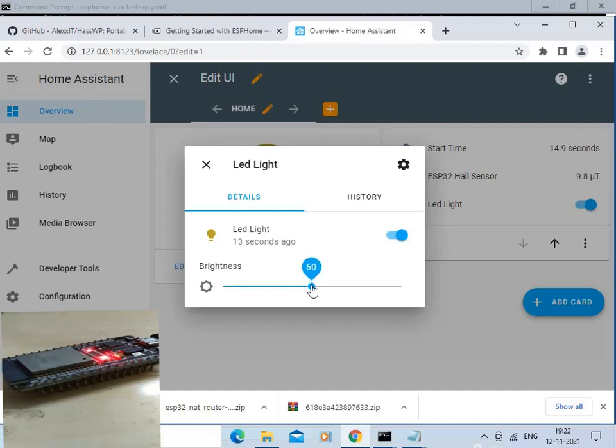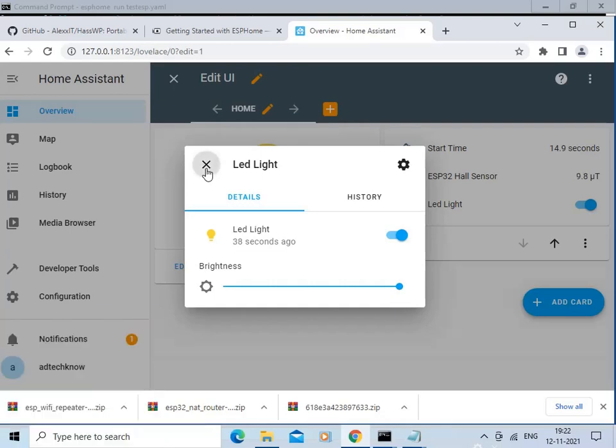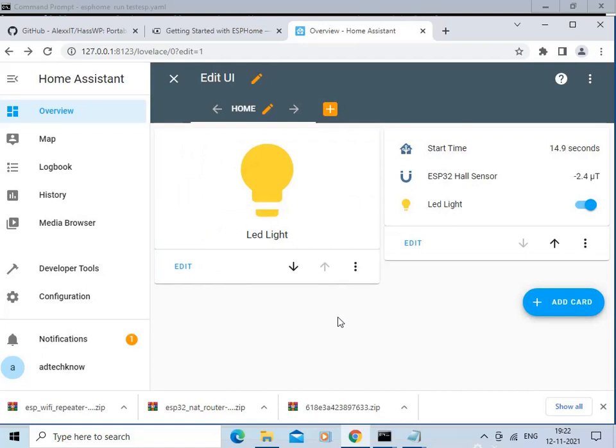So let us make the LED fully bright by changing the slider position on the Home Assistant. Now you can see LED light on ESP32 board is fully bright. So now we have successfully integrated our development kit with the Home Assistant and it is running successfully.